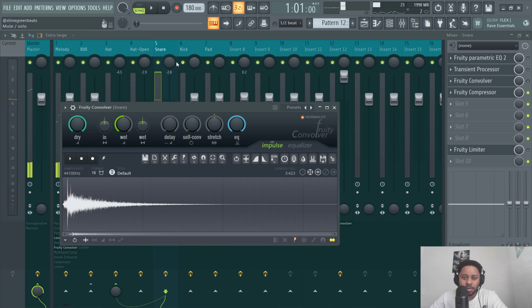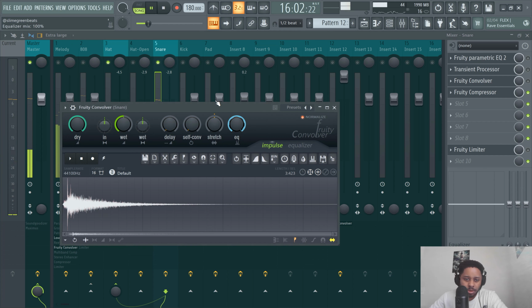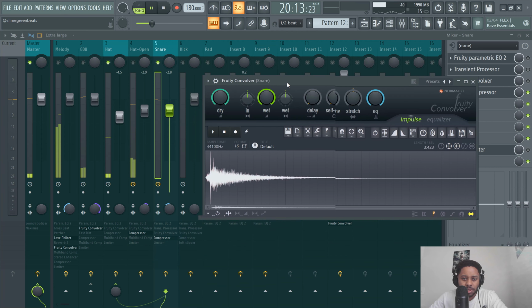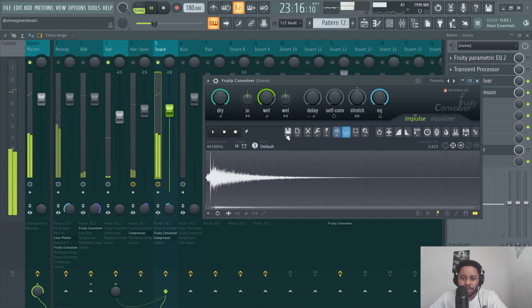All right, let's actually just solo the snare here. All right, so this one is not as influenced. Oh, this isn't on, that's why. Okay,